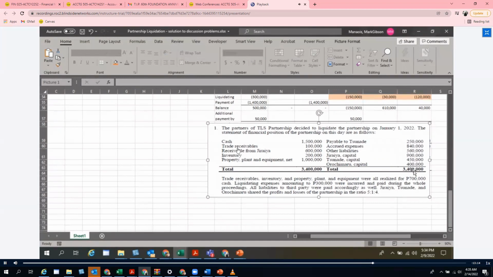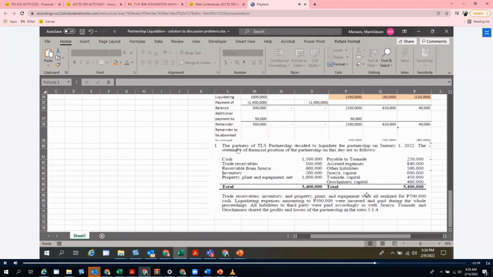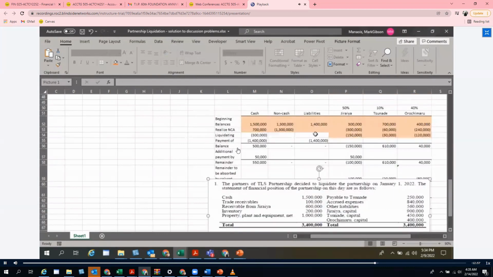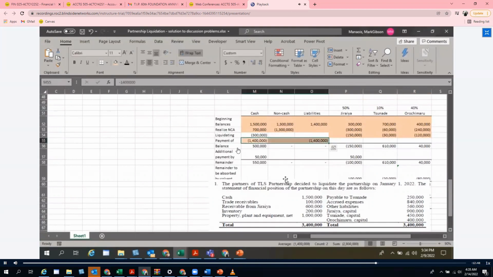That's what I always say: you just have to rely on the information provided in the problem. Do not assume. In this case, we did not assume, because the problem says all liabilities to third parties were paid accordingly as well. So we settle it in full: 1.4 million debit liabilities and credit cash. Okay, so let's calculate